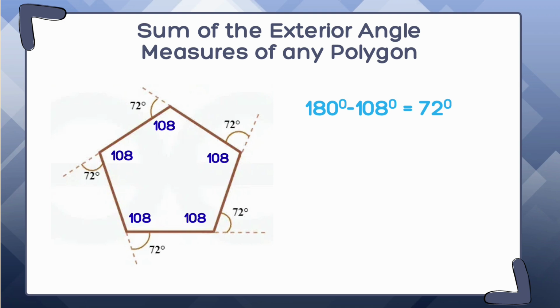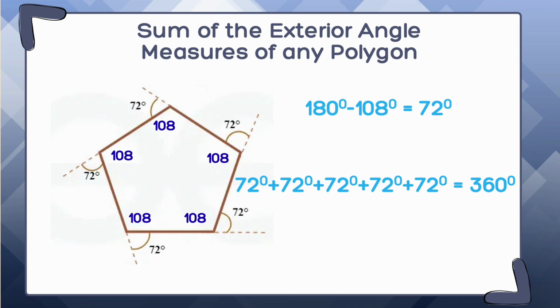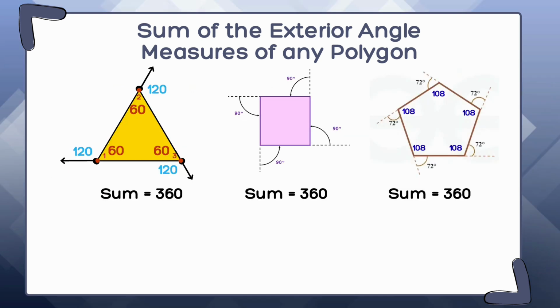Ngayon, kung i-add natin ang 5, dahil ang pentagon ay may 5 sides, 72 plus 72 plus 72 plus 72 plus 72, we get 360 degrees. Kaya, ang sum ng exterior angles ng regular pentagon ay 360 degrees rin, pareho sa triangle at square. So,